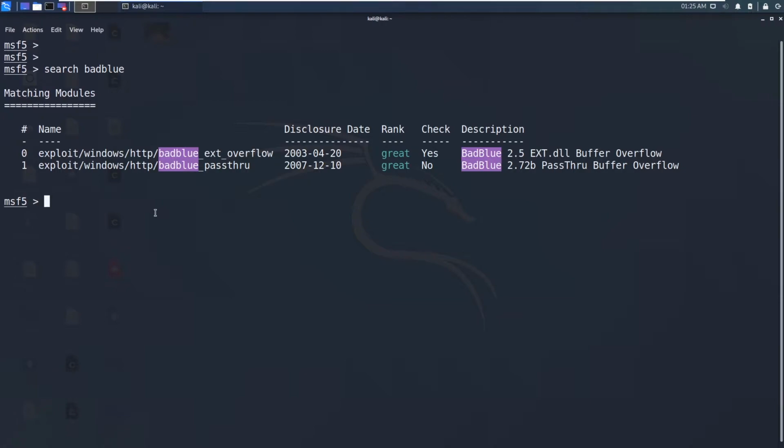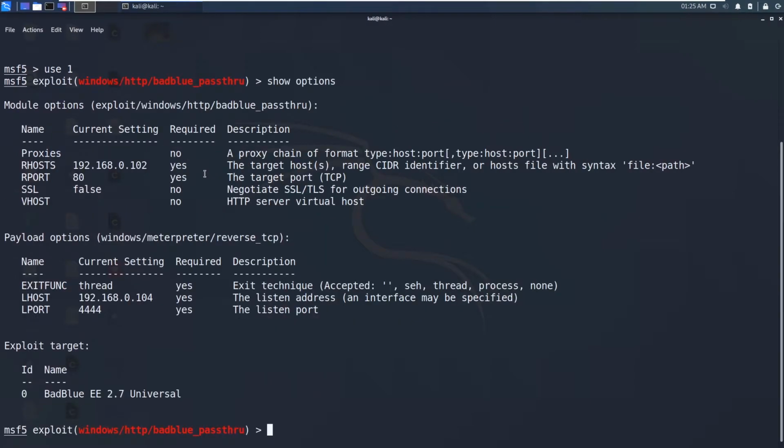So I want to use this exploit one, which is the pass through exploit. And if I say show options, we need to set this RHOST value, which I have already set to this IP address.